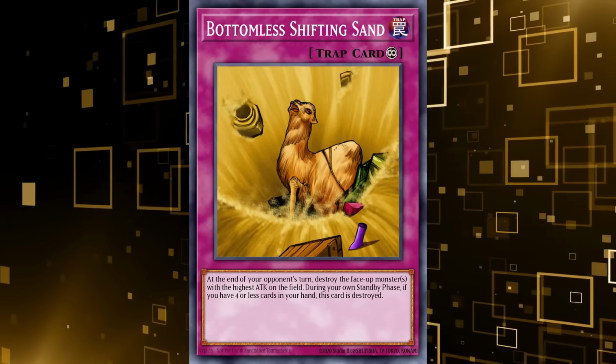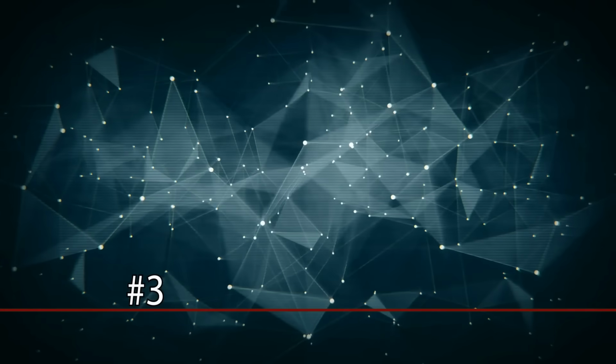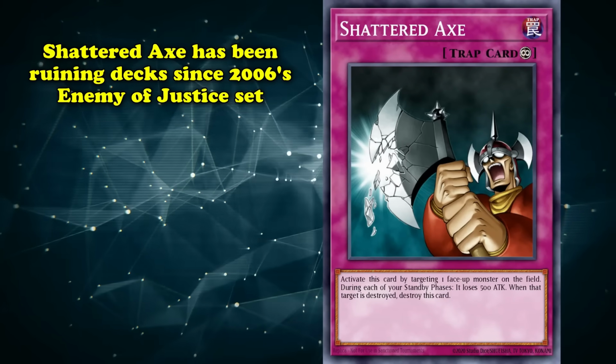This card is as strategically bad as it is thematically confusing. Into the sandpit with it. Tripping and stumbling to number 3 placement of this list of awful continuous traps is Shattered Axe. Releasing as part of the Enemy of Justice set, Shattered Axe is an enemy of good strategy that you'd